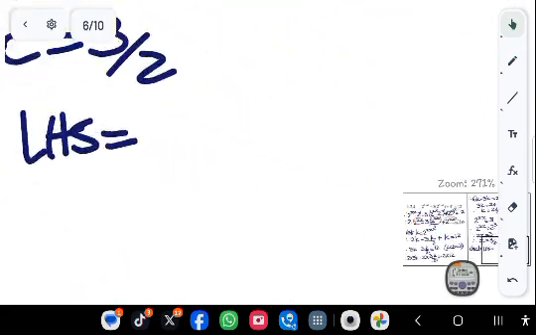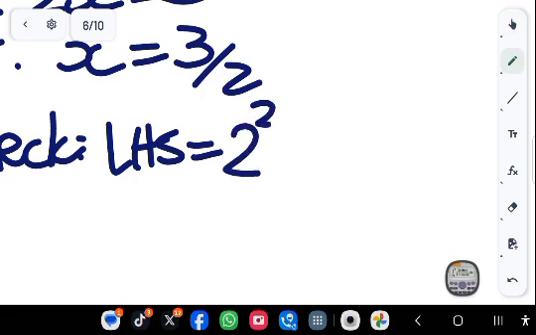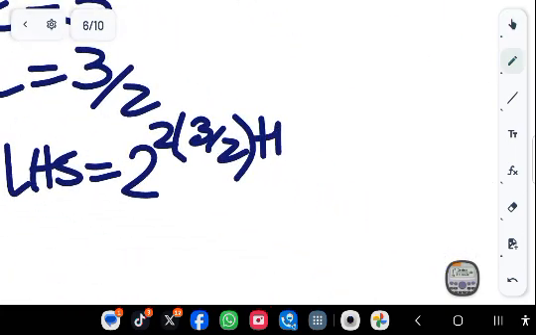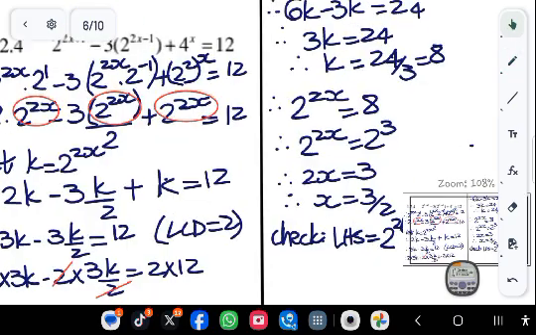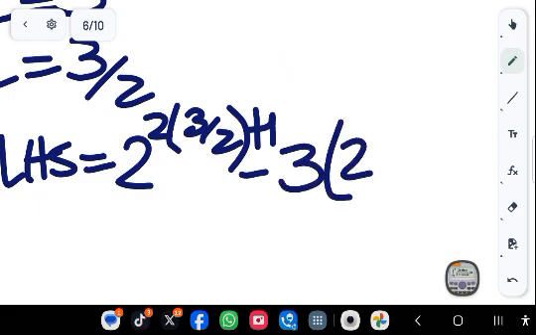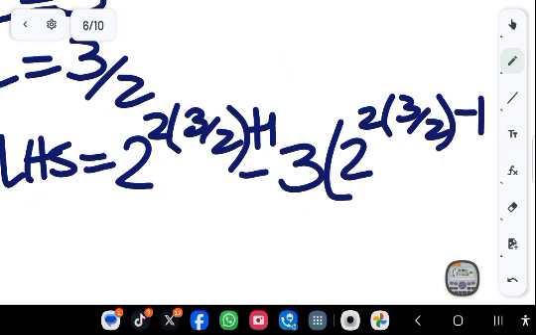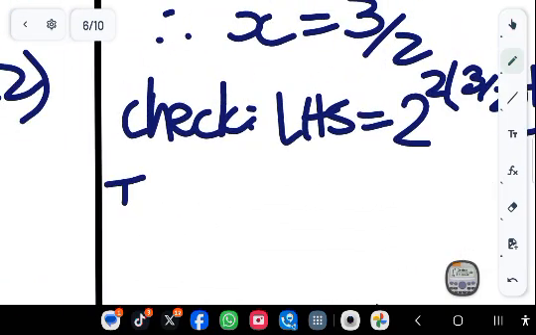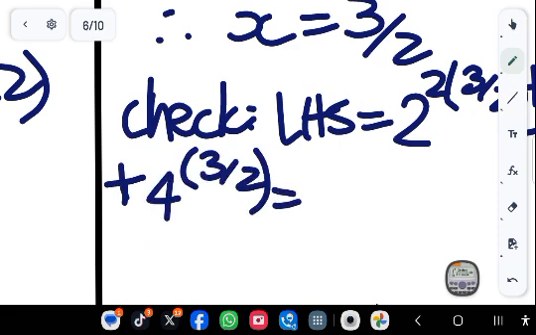So that will be 2 to the power of 2 times 3 over 2, plus 1, minus 3 times 2 to the power of 3 over 2, minus 1, plus 4 to the power of x plus 4 to the power of 3 over 2, which equals